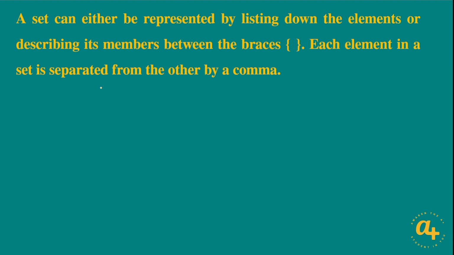Let's take a look at a simple example. Let's say we have a set called A. We have set A here, and this set A has elements such as A, B, C, and D. So we have the name of the set on this one side, and we have the elements of the set